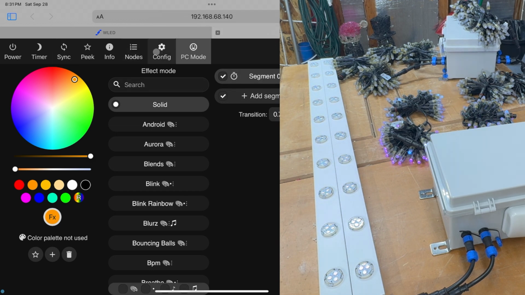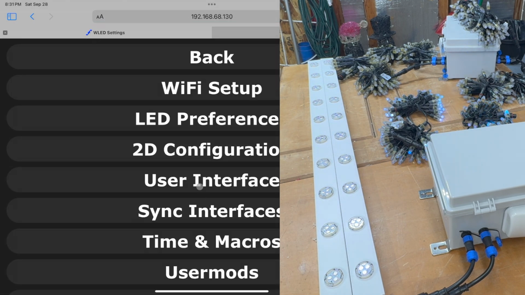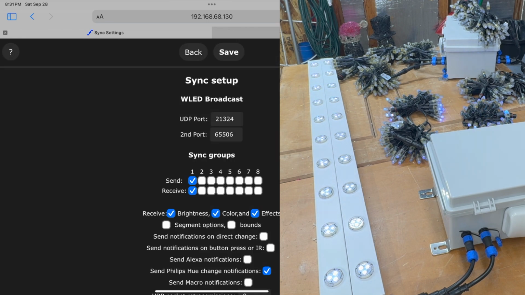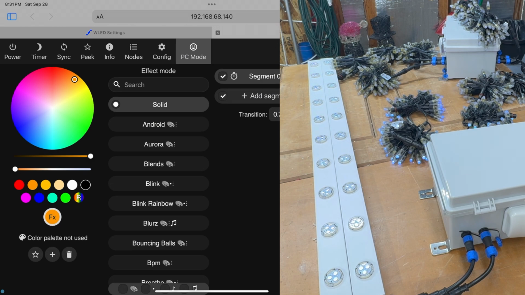Oh, one other thing I want to get to. Let's go back to this controller. I want to configure. I want to go to sync interfaces. If you have more than one WLED controller, or more than you're going to use for the outlines on your house using these puck lights, you may want to set up a separate group. For me, I'm going to set up a group 2. All right, I'm going to save that here because I actually have another controller I use to control lights in